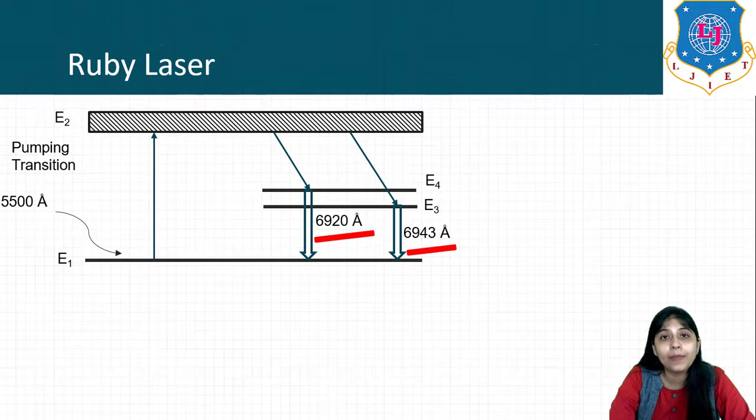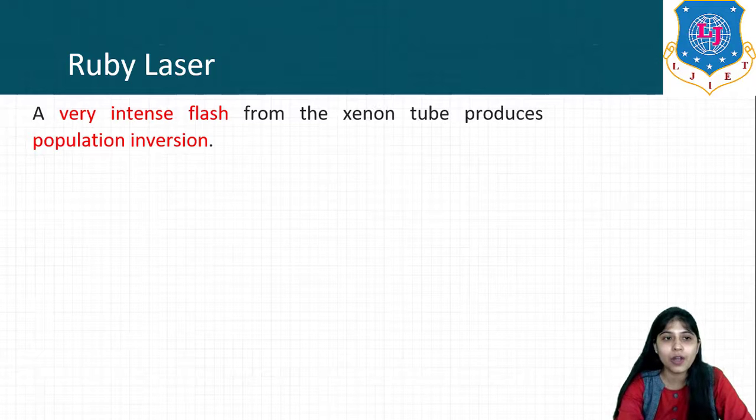Now, when the emitted laser photons are traveling through the resonating cavity, some of the stimulated photons travel along the axis of the resonant cavity. Due to the reflection between the 100% reflector and the partial reflector, they are amplified and their intensity increases. When the intensity becomes higher than the optimum intensity, they are able to penetrate the partial reflector, and a highly intense laser beam is produced. So in this way laser production is done.